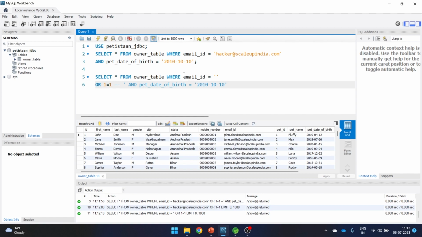Why? Because it doesn't matter what email ID you provide, this condition 1 equals to 1 is always true, because of which you are able to see the data of all the users. And it doesn't matter that it is 1 equals to 1. It can be anything. It can be 2 equals to 2, or 3 equals to 3, A equals to A, or anything, whatever you wish. The only thing is this condition should be true, so that there is no significance of this where condition overall. So this is how the SQL injection attack can be performed.